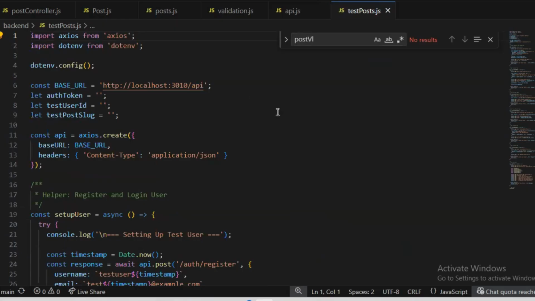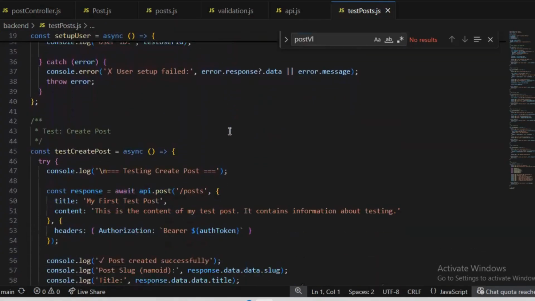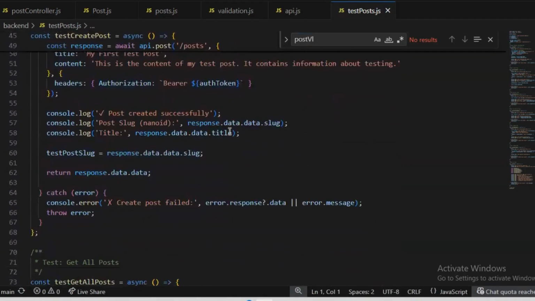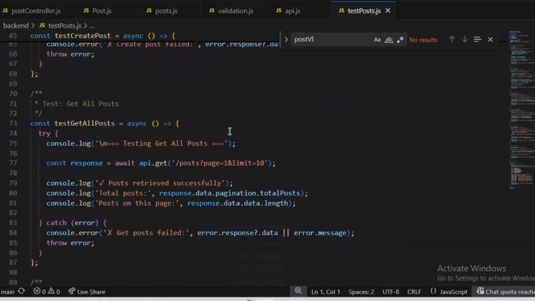Just like the email services function, we also need to do a test on the post controller. And this comprehensive test script will try to validate our entire CRUD implementation.